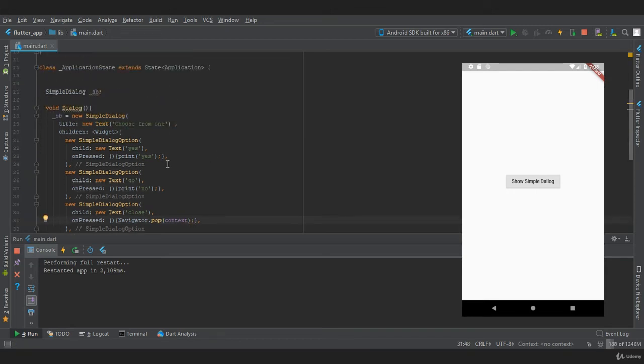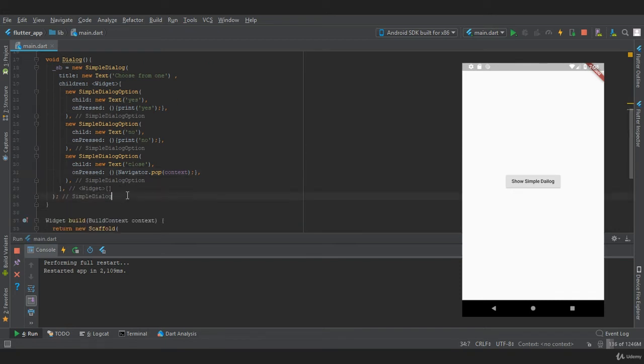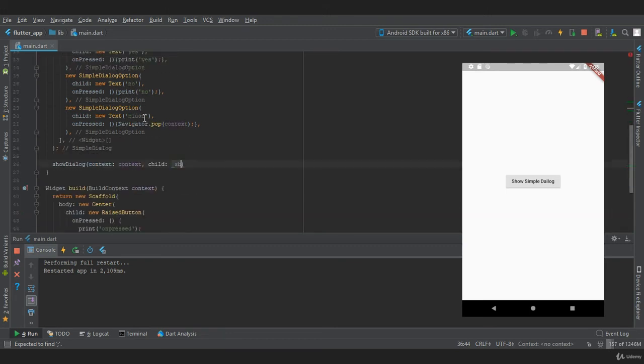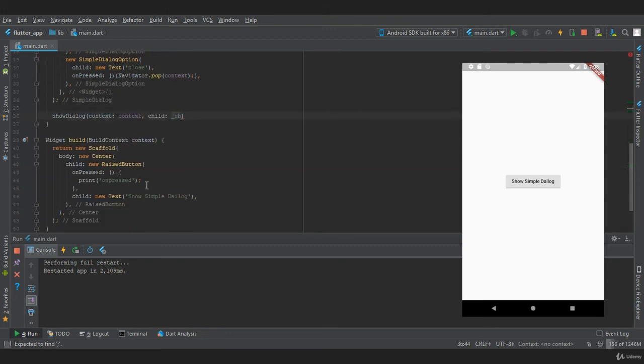Now after that we have successfully created a simple dialog box, but now we need to display it. So we need to provide showDialog. This requires two properties, which is context and child. So in context we will type context, and in child we need to provide a simple dialog, so we'll say sb. Now we need to invoke this method in the raised button. So where it says on pressed, we need to add our dialog method,